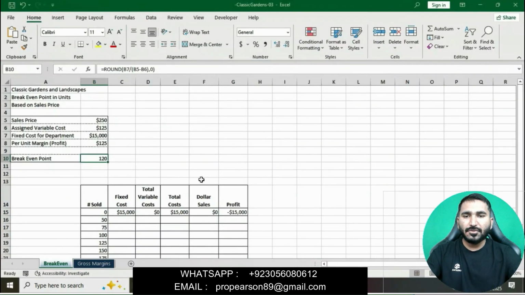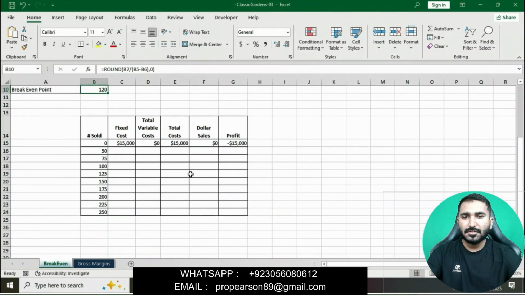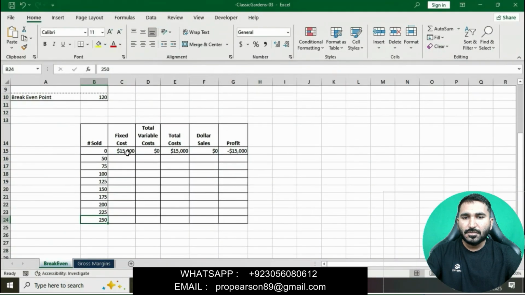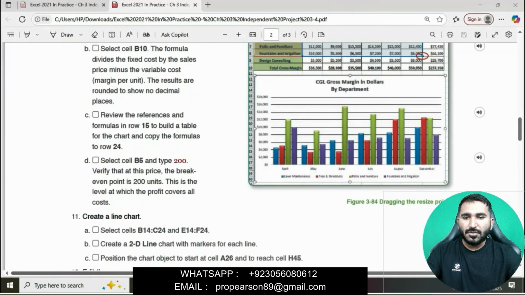Click on row 15 and then paste in row 24. Okay, this is good now.